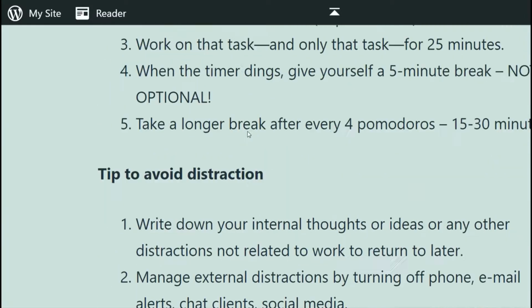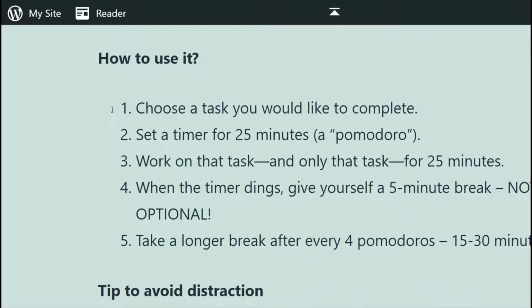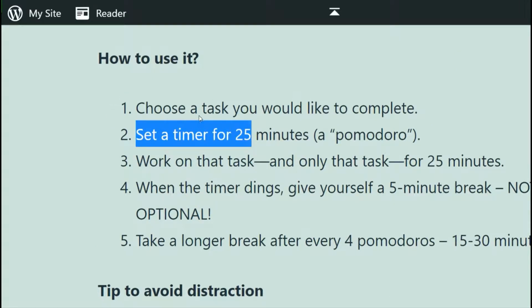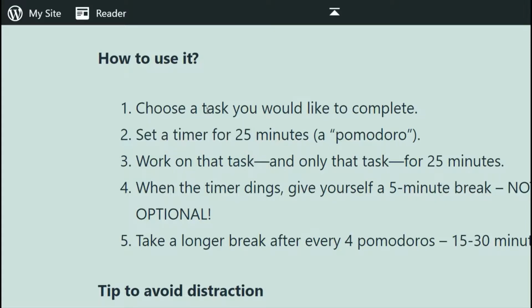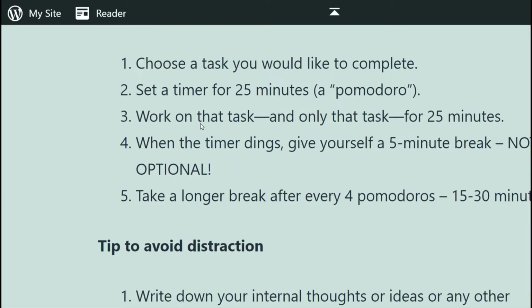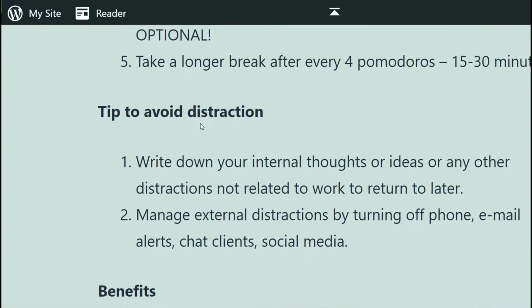Okay, one thing which I missed to tell you is that the task need not be a 25-minute task. Say you have a big feature to develop, and it might take like 8 hours or 10 hours. The Pomodoro technique doesn't say that you have to finish it in 25 minutes. The only thing is you break your 8-hour task into slots of 25 minutes each. So you'll have like 32 Pomodoros to finish your 8-hour task. So in those 25 minutes, you focus on that particular task of yours.